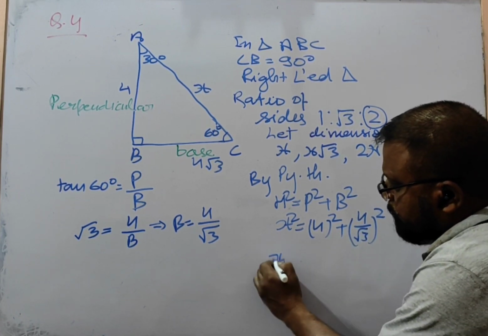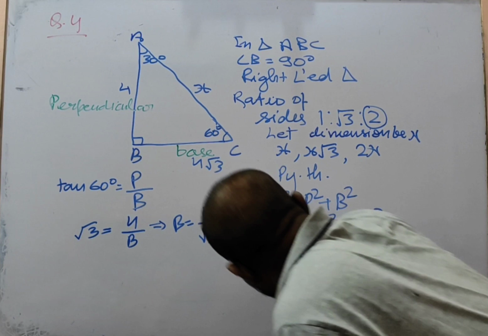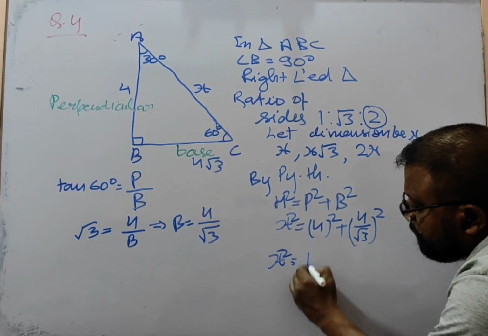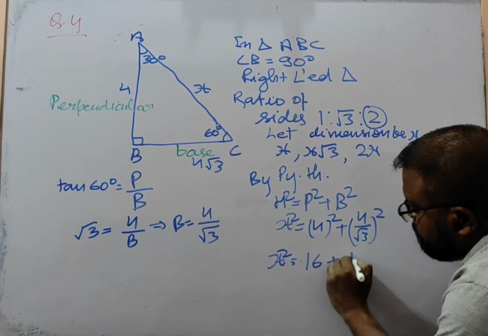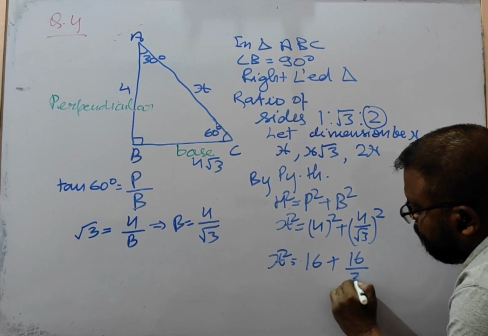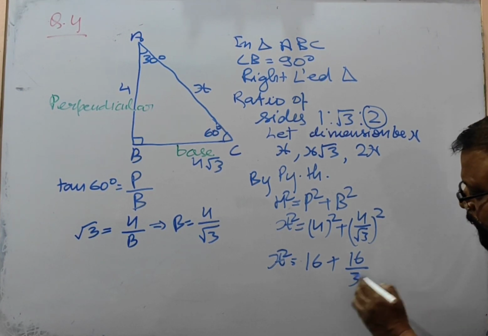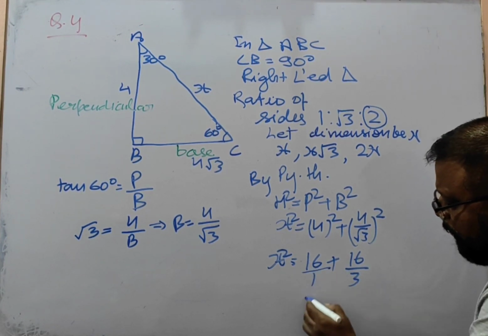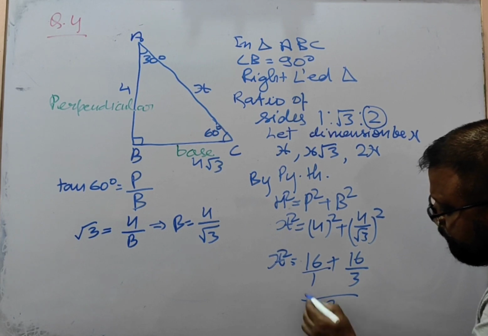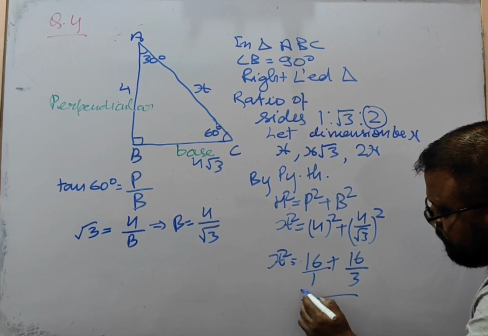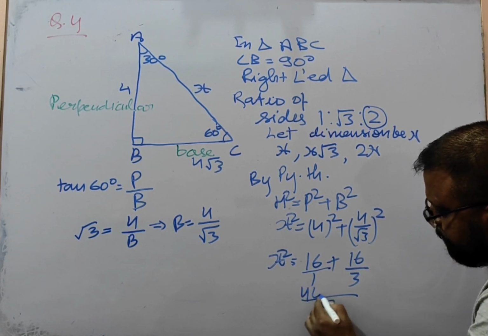So x square we get 16 plus 16 upon 3, right? Now I have taken 3 as an LCM, so it becomes 16 3s are 48